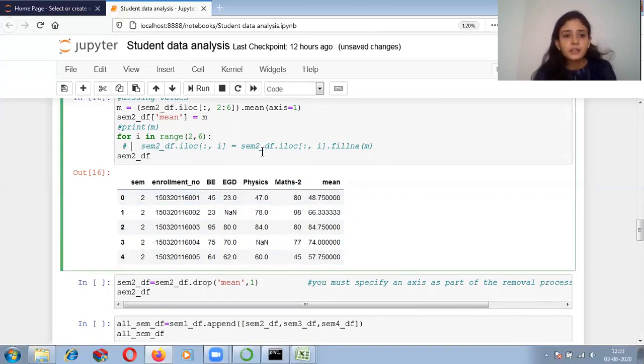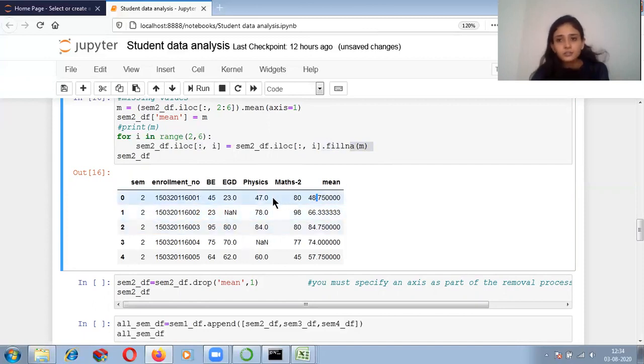Over here, inside the for loop, I am writing the code like this, with indentation. I perform the slicing, that is I want all the rows and the column that starts from index position 2. So for all the rows, it will start from row 0, that is at index position 0. For the column at index position 2, that is my 0 comma 2, if there is some missing value, then I want to fill it with the value of mean, that is 48.